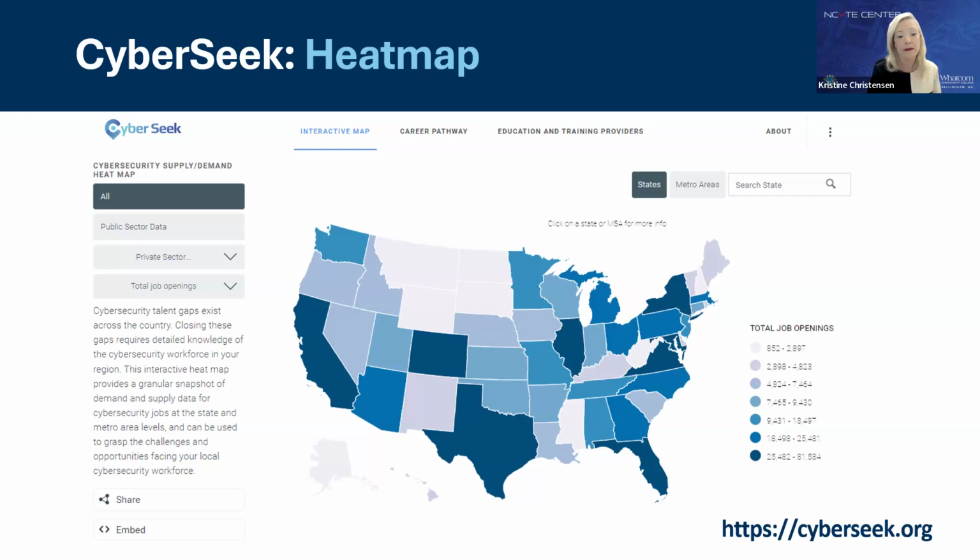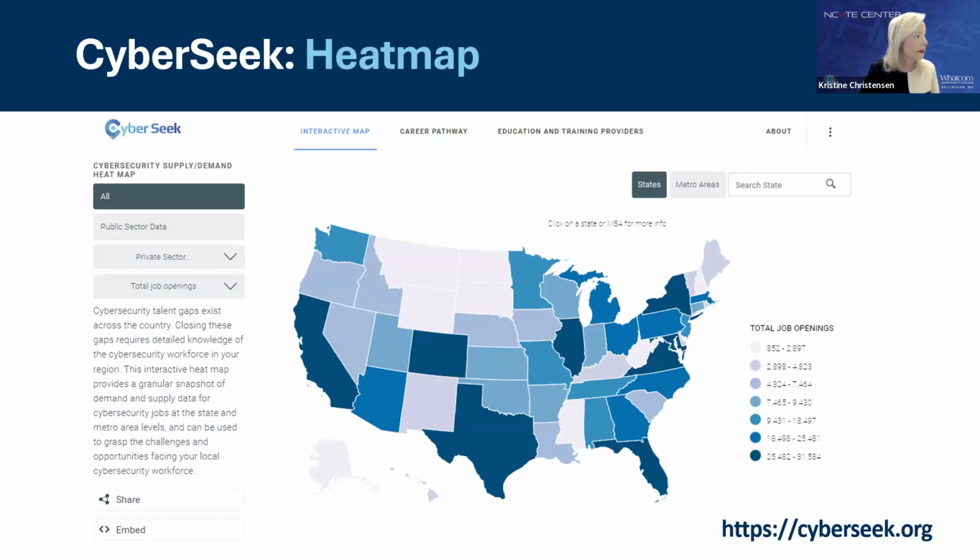And the beautiful thing is that it provides real-time data on the different job openings, career pathways, and it breaks down the required skills needed. And you can go by state and also metropolitan areas. This is a great tool because it offers valuable insights to help guide students to show them that there is a need and what are the necessary skills, degrees, certifications necessary to fill those jobs. And one way is just to say, okay, here's a place that opportunities are most abundant at this time. It also, again, illustrates key job roles and certifications.